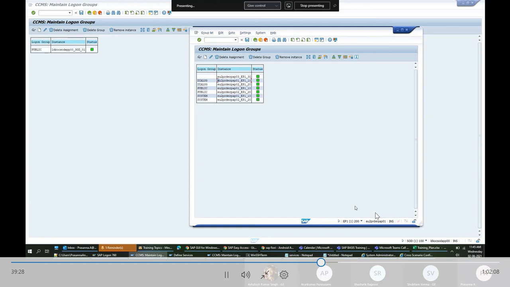So here we have three servers. Initially we define a logon group and assign servers to it. So for this dialog logon group, I am assigning this